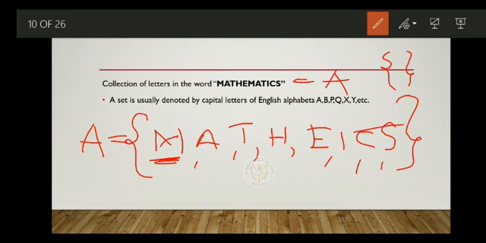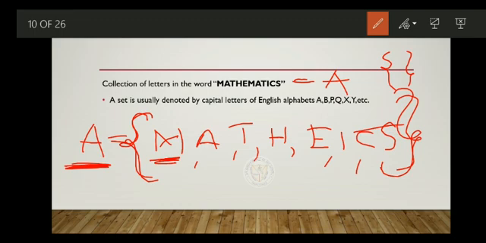Observe that we should not repeat the elements. We have to write the elements of the set only once. We'll use capital letters to denote the set, and within the curly brackets we write the elements of the set, only once. We should not repeat the elements.